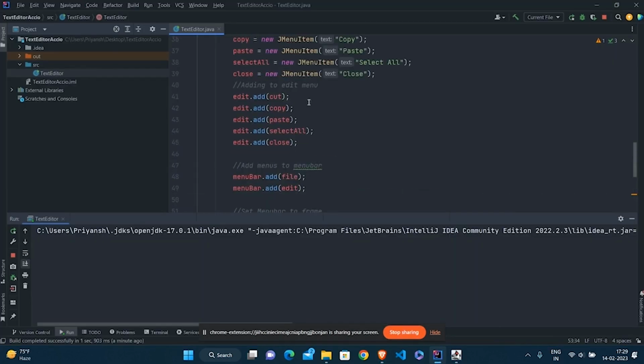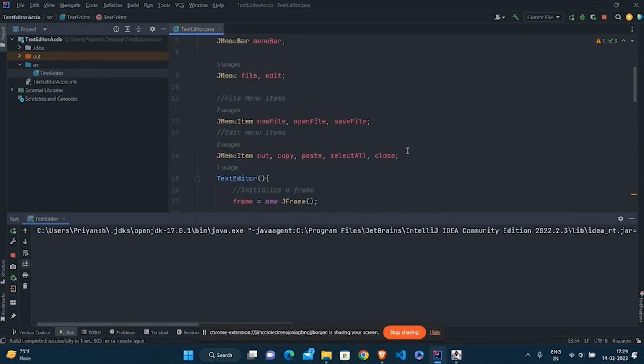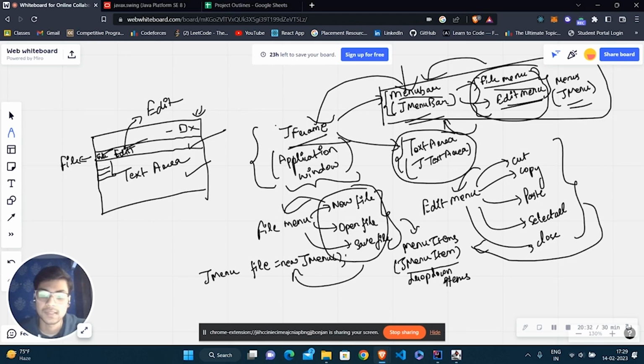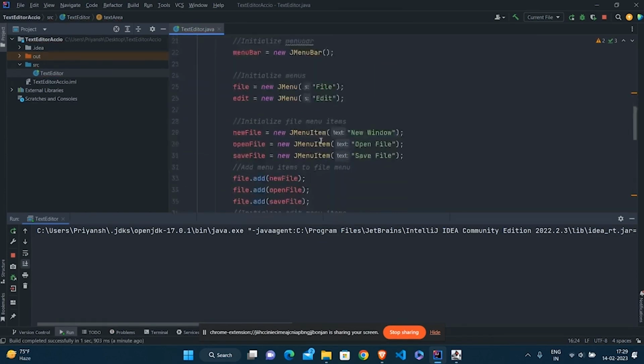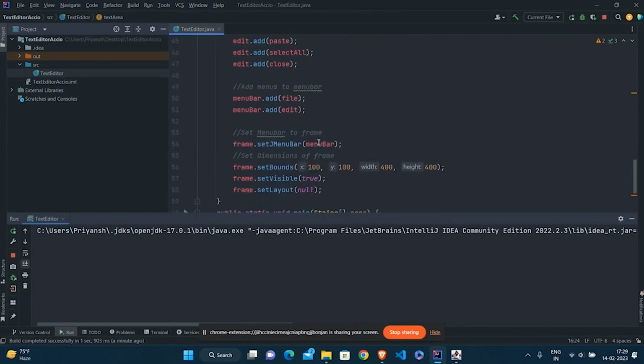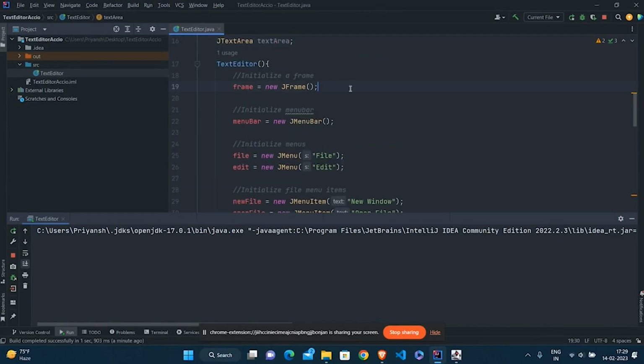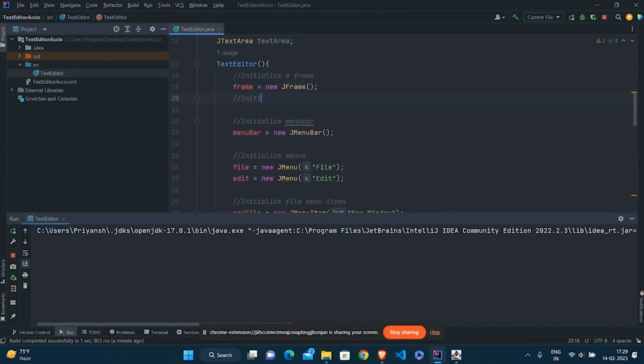So what we need to create is a simple JTextArea, as we discussed in the design. Creating a text area: let's initialize it here, right below the menu bar.